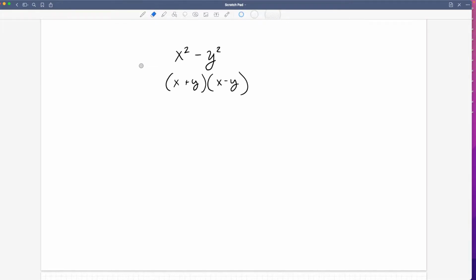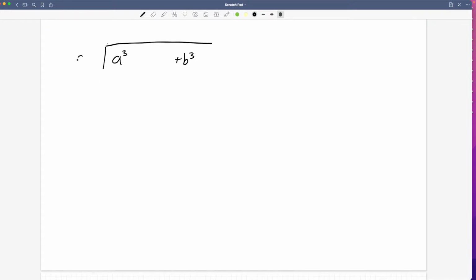The same thing can be said for when two things are cubed, when we have the sum or the difference of two cubes. So let's first look at the sum of two cubes. So if I have a cubed plus b cubed, and I divide that by a plus b because they're both positive,